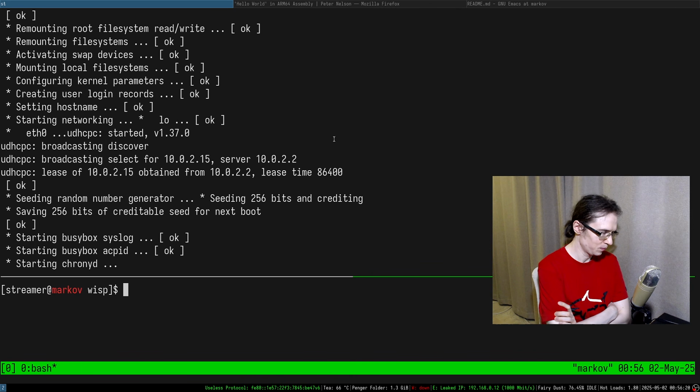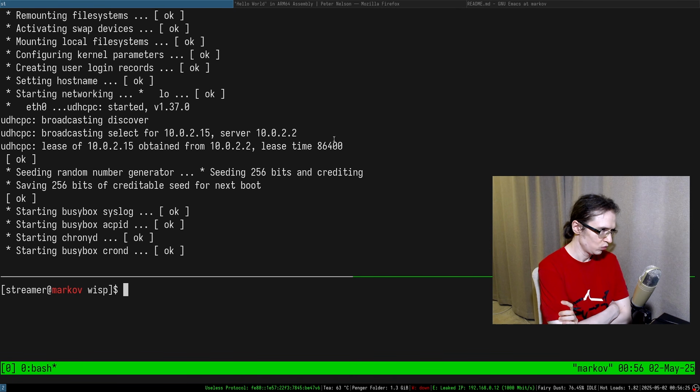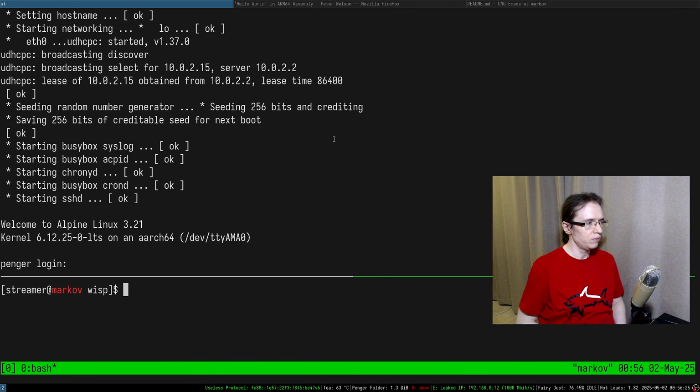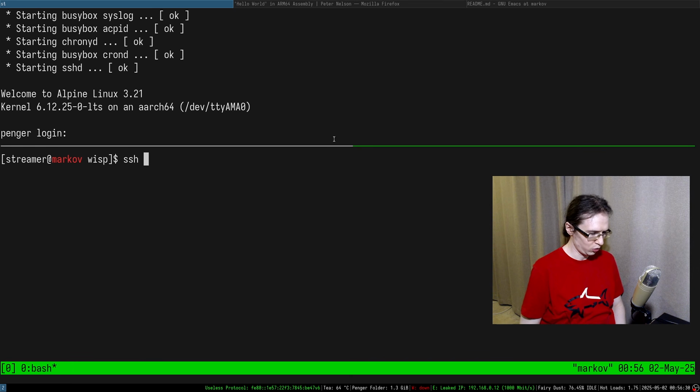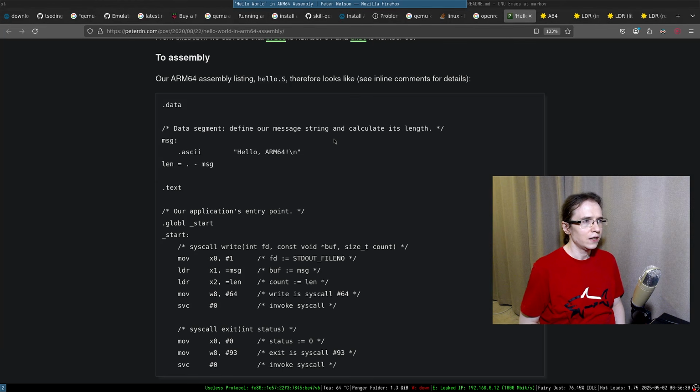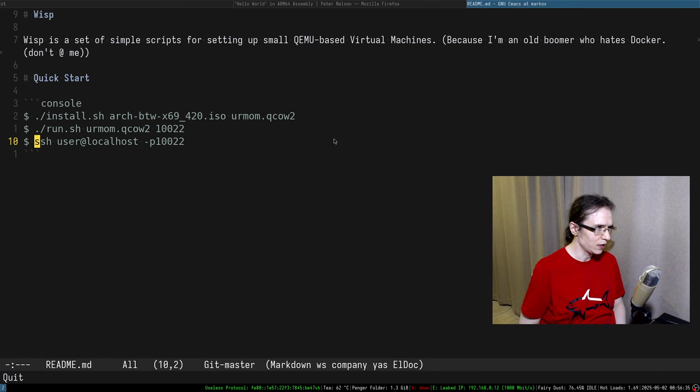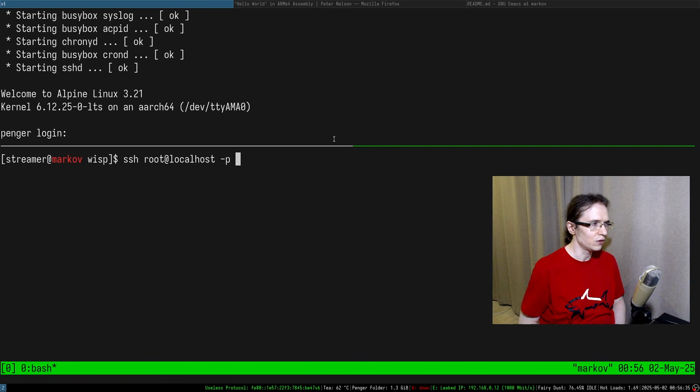Chrony D. So SSH, probably root at localhost at that specific port, and the port that we specified is this one. Damn, it doesn't work. Can't really do that.